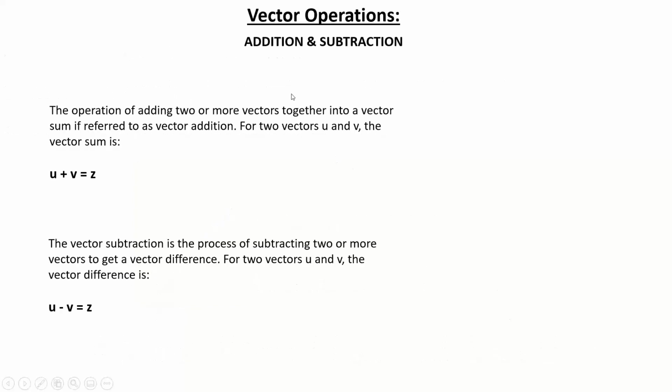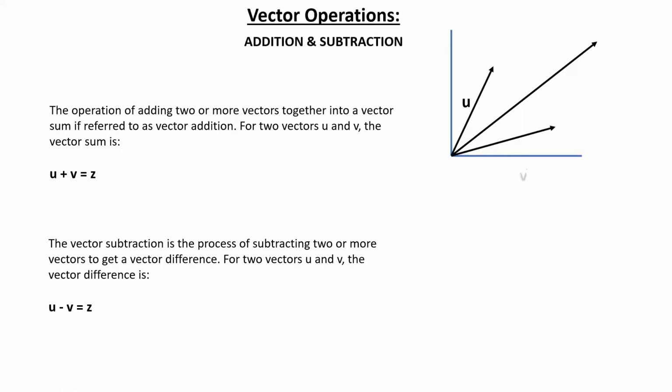Okay, now comes the addition and subtraction of vectors. So consider again the same axis, and this is U, V, and Z, for example, over here. So how will you calculate this Z value? How much should Z be? I can move this U along with V, and I can paste it over here. So this will get joined over here.